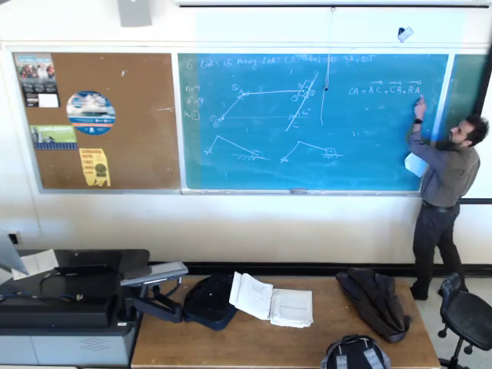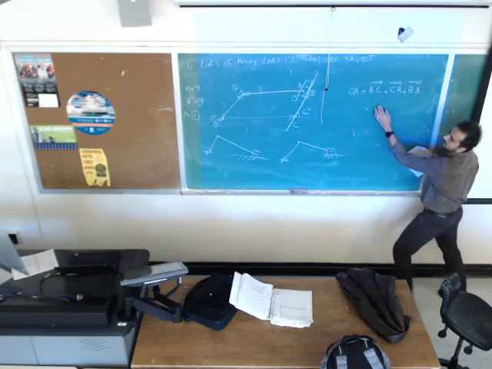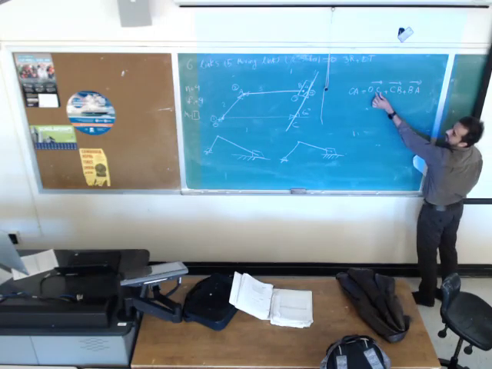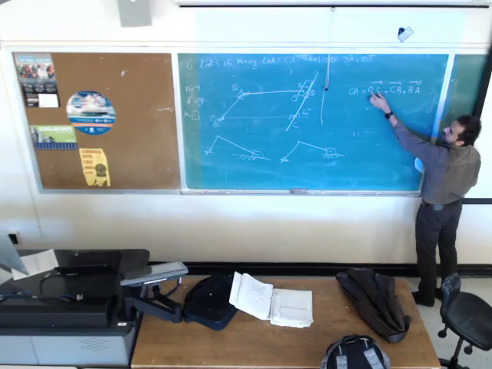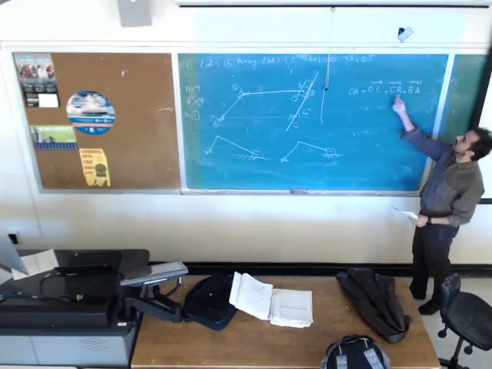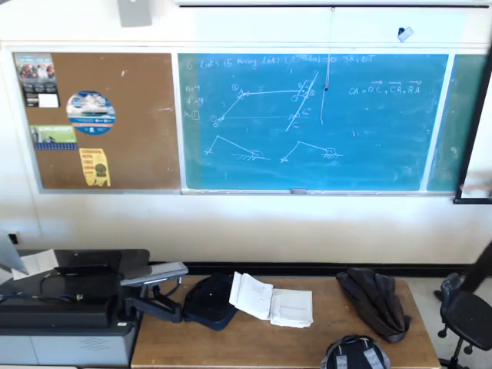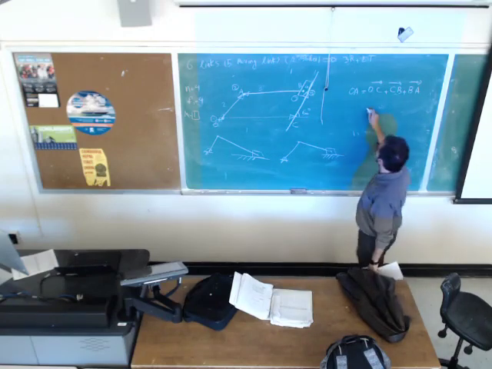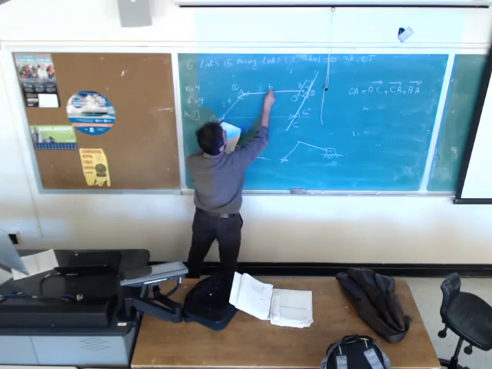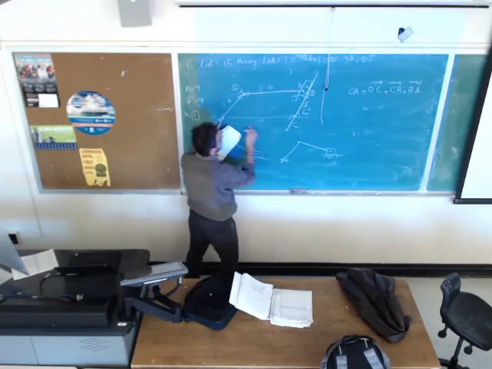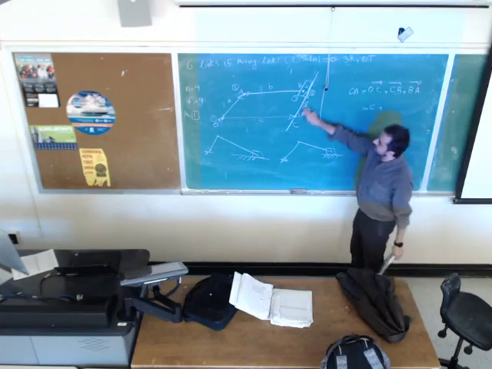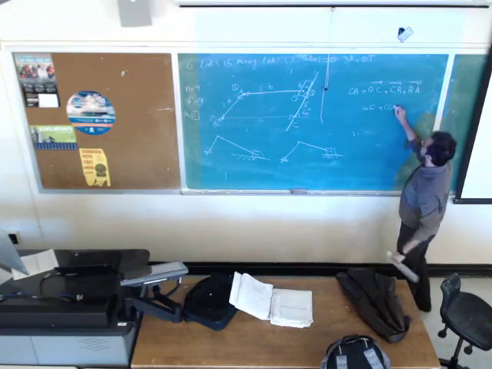Again, when you write the vector loop, both sides should end up at the same vector. The second letter of the vector should be the same as the first letter of the next one. So OC plus CB should be OB, OB plus BA is going to be OA. The X component of OC is fixed. Suppose this is A, this is B, this is C, and this is S. C is constant, so it's going to be C cosine of 0. CB would be S cosine of 60